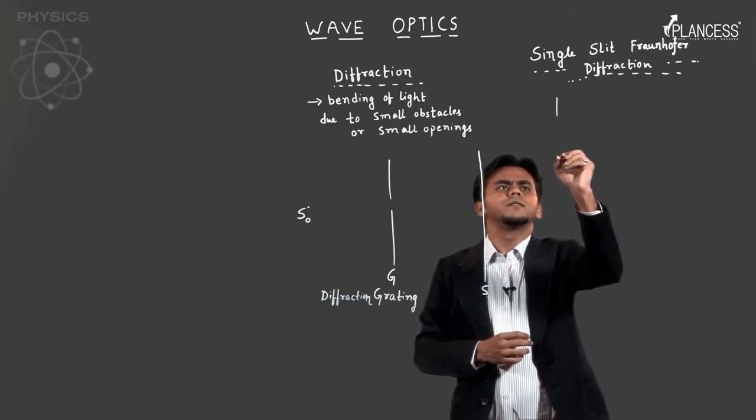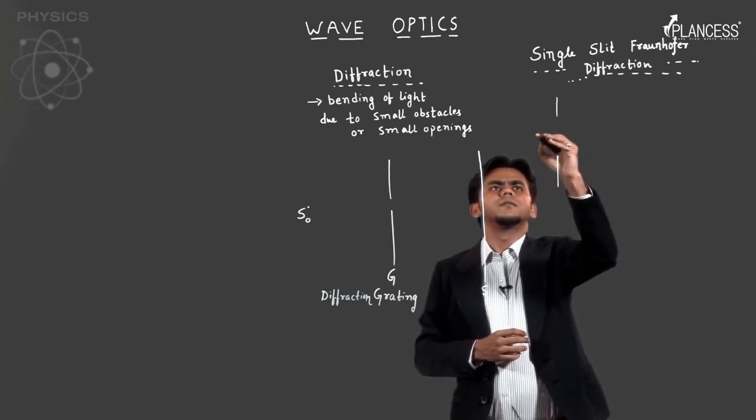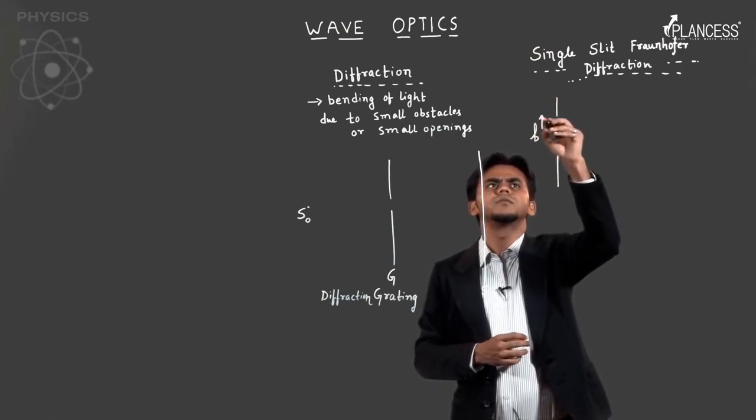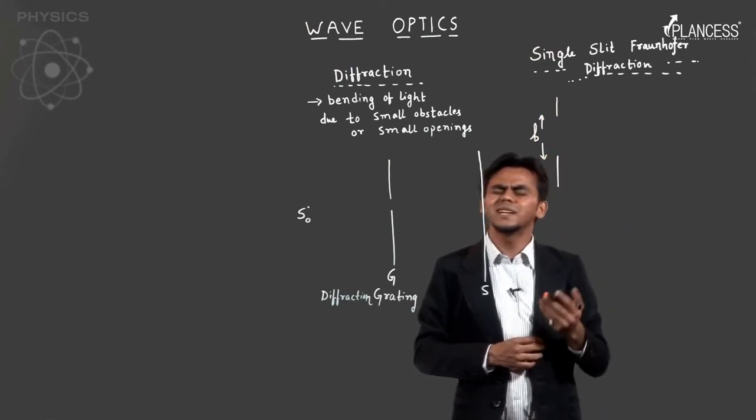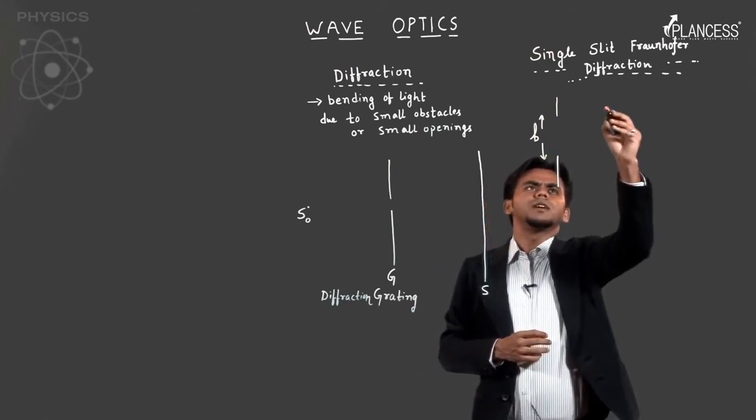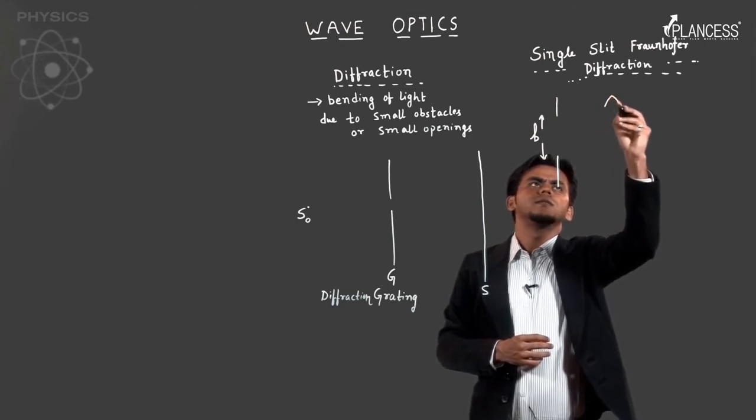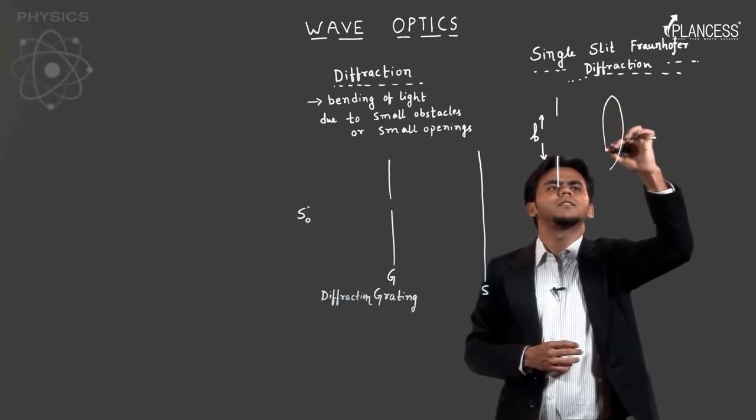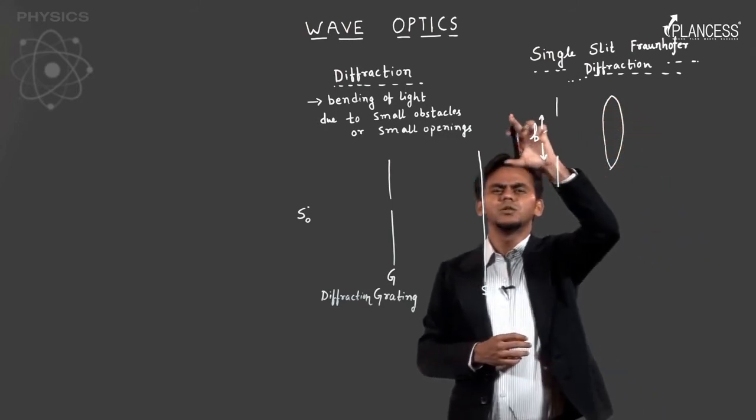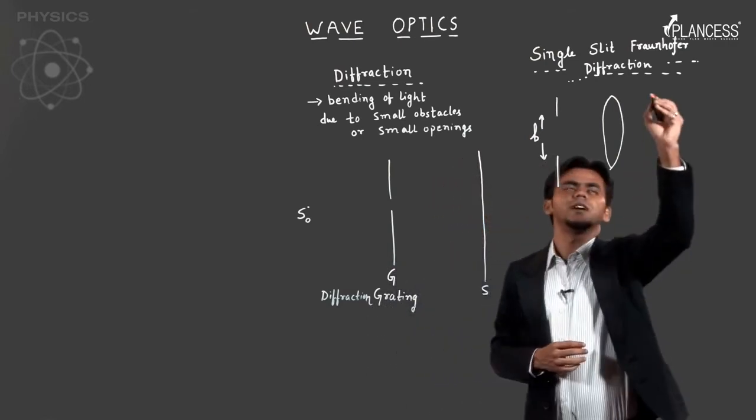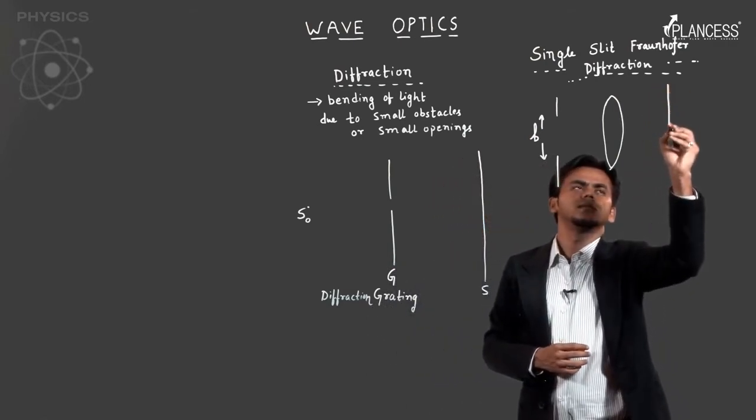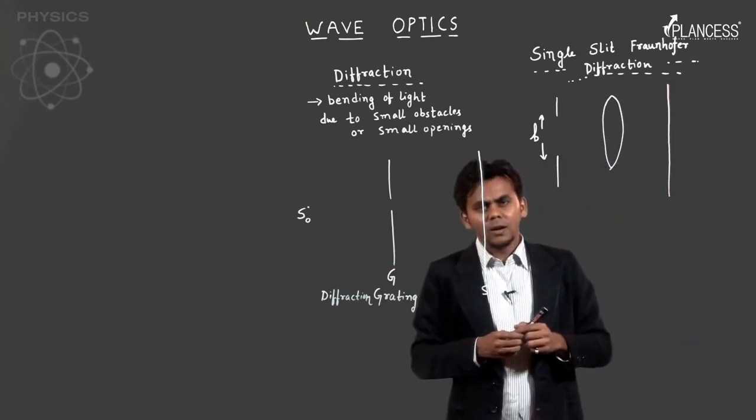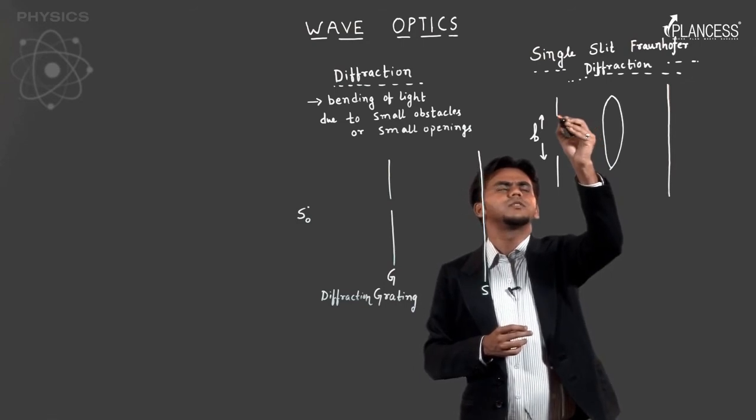You keep a slit here of some B dimension. This slit is of B dimension. Small slit. And I have put a converging lens over here to achieve parallel rays on screen. There's a converging lens here too, which I don't need to use because that's very understood. This is your screen. Now, if my rays are parallel to this